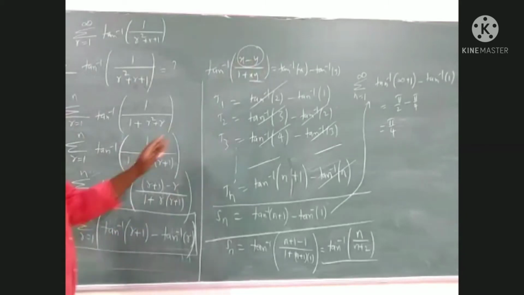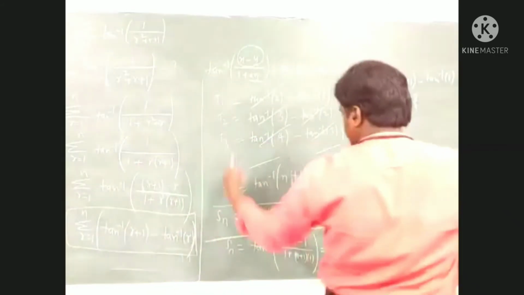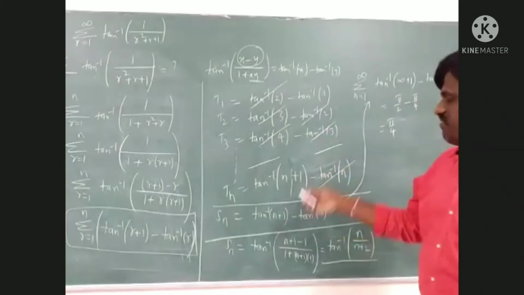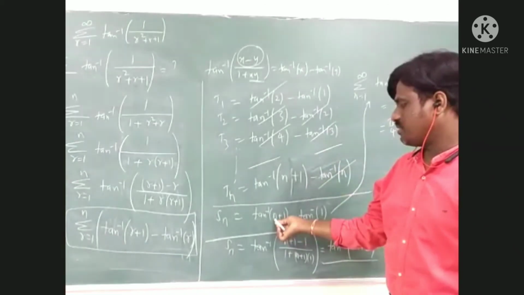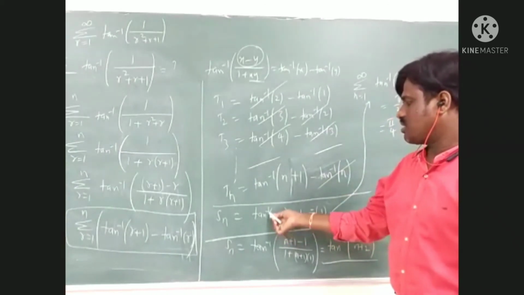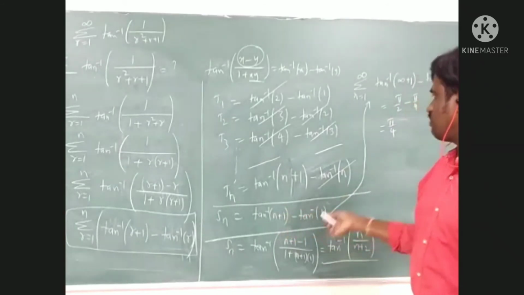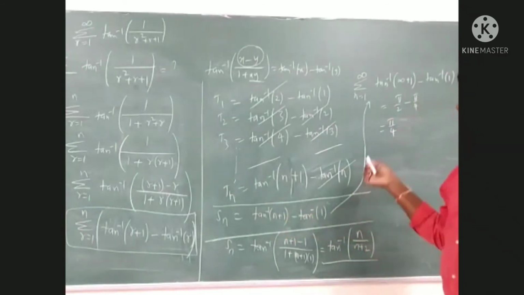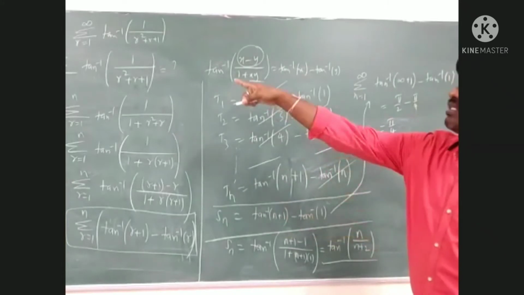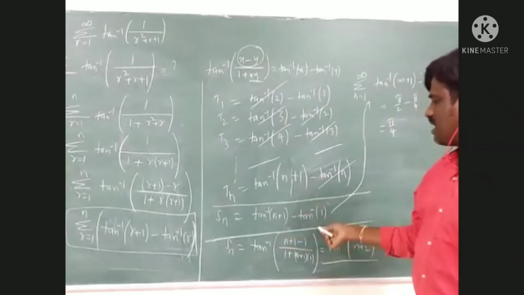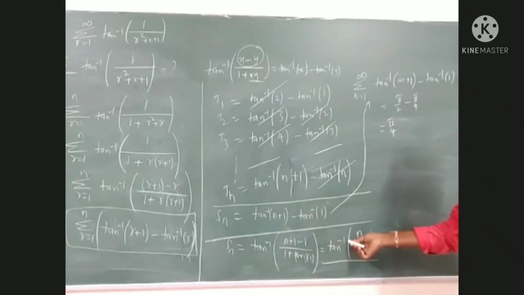Now r is equal to 1, 2, 3, like all the terms we are substituting. Then we cancel, we got this. If it is infinity, substitute here directly. So tan inverse infinity minus tan inverse 1, that will be pi by 4. If they ask for the sum, suppose in this question they ask for the sum, then again you have to apply tan inverse x minus tan inverse 1. So the answer will be tan inverse n upon n plus 2. This is there in the option.